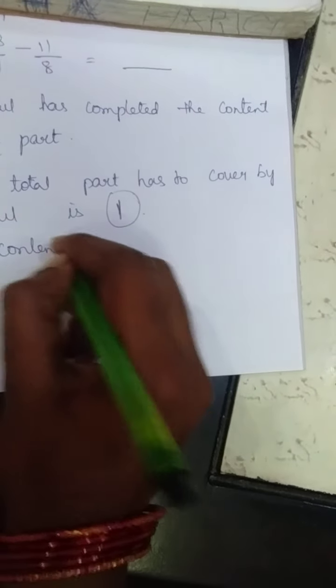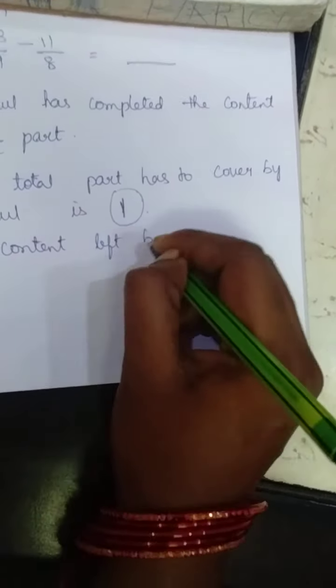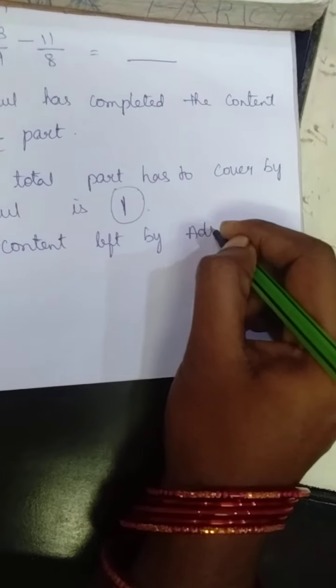Total 1 part. Okay, 1. So therefore the content left by Abdul is equal to